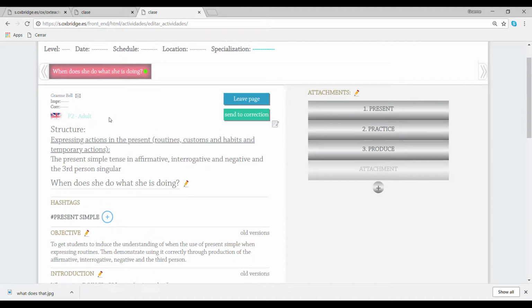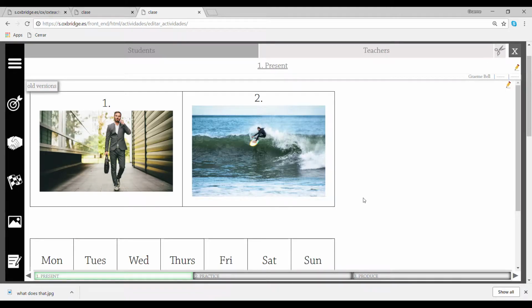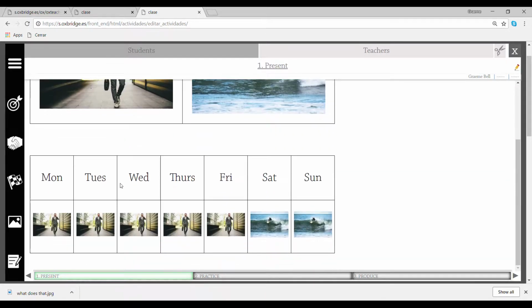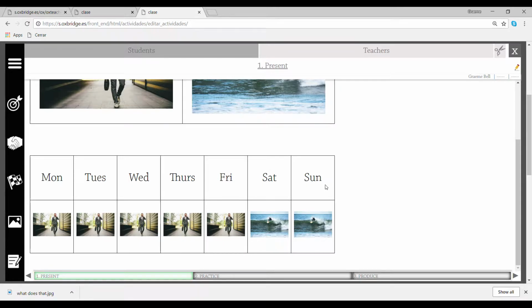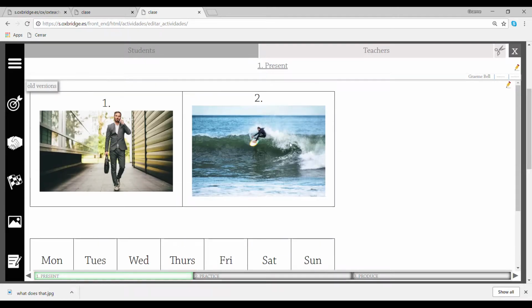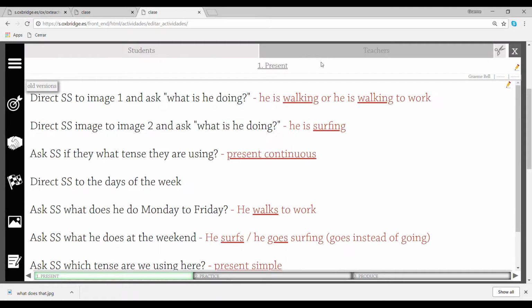Alright, so let's now start to look at what's in my presentation part. Now, looking at first language acquisition to second language acquisition, direct method, all of these things, looking at imagery. If I was to put this in context as well, I could, but I've put this into a very image based context. So here with part 1, part 2, I have what looks like a routine and images to go with it. So if I look at the teacher's part here, direct student to image 1 and ask, what is